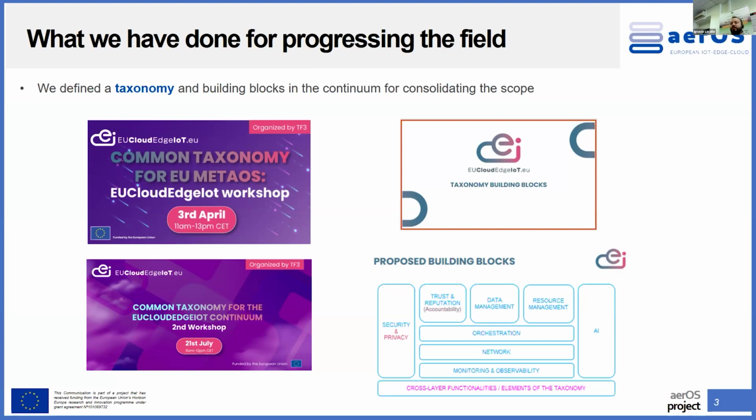So we started with just 2 workshops defining what those terms were and where they belonged in terms of the building blocks that we tried to define. We placed them in the proper spots and tried to come to an agreement on where they fit or do not fit. After several rounds of iterations, checking, excluding, including, and identifying terms that meant the same but were used differently across projects, we came to these agreements, and we published the taxonomy of the building blocks and the terminology that we meant.